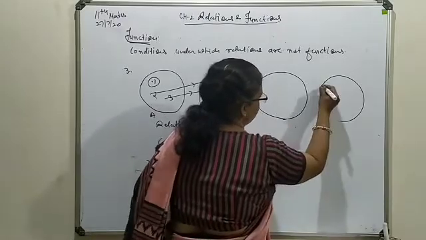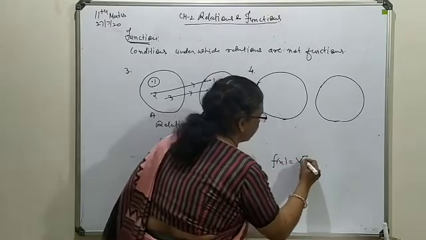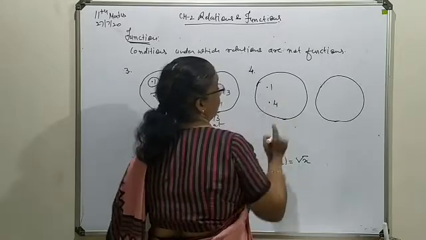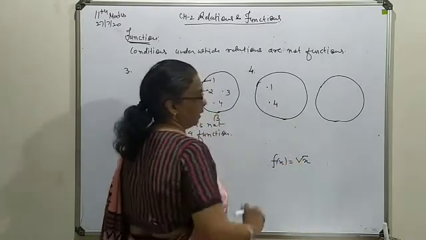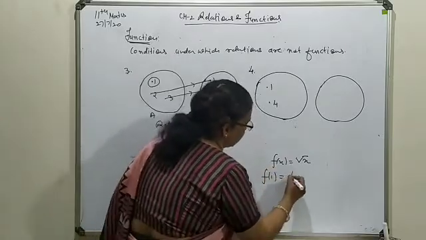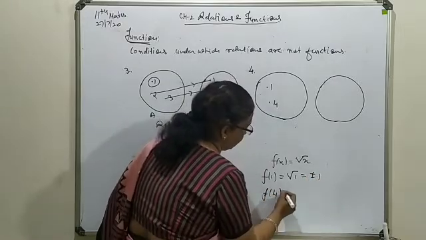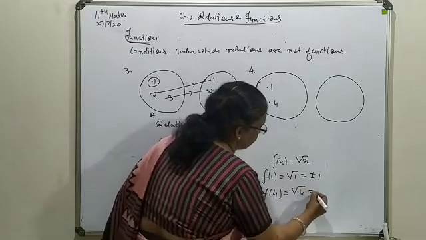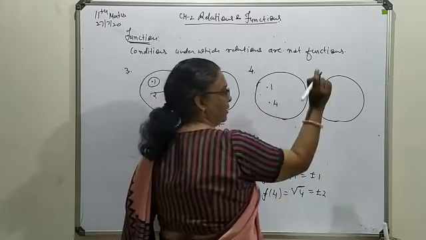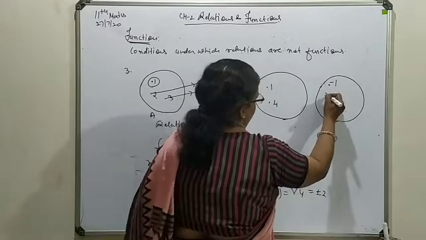Sometimes we use square root terms, meaning you write f(x) as the square root of x. So suppose here we have 1, and suppose here we have 4. If you write 1, the answer will come out as plus minus 1. So for f(1), the answer will normally be plus minus 1. If you write 4, you normally write the answer with 2 solutions, plus minus 2. So one value is giving you 2 answers in the range. This is not allowed.